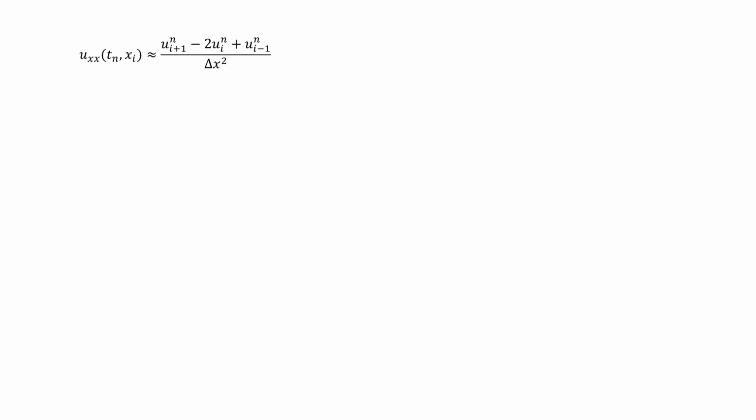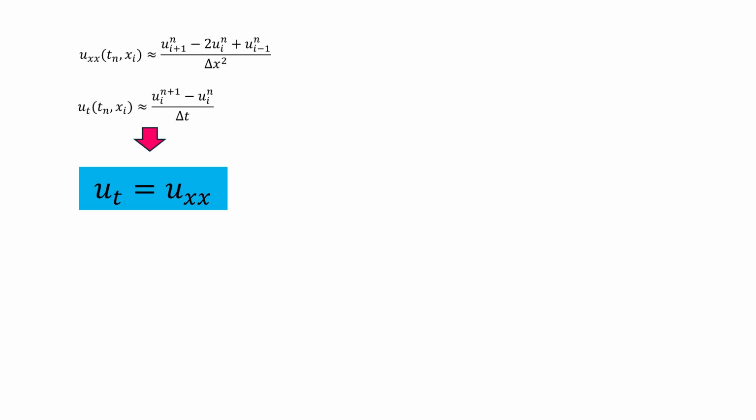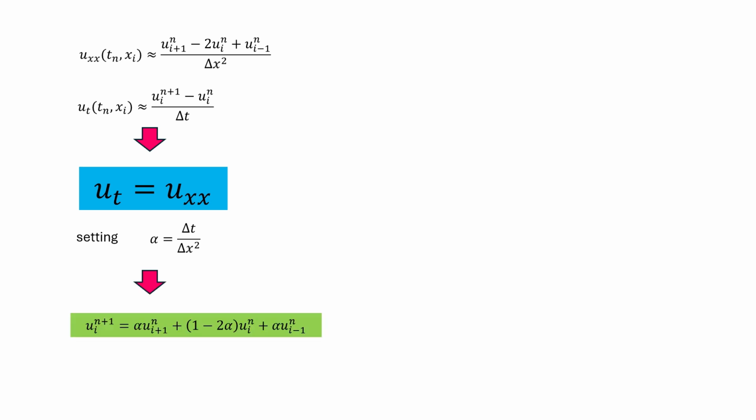Using this approximation and the forward difference approximation for u_t in the heat equation, and setting alpha equal to delta t divided by delta x squared, we can get the explicit solution. This solution will be stable if delta t is chosen to be less than 0.5 delta x squared. We can see in the explicit solution that the values are computed forward in time using quantities from the previous